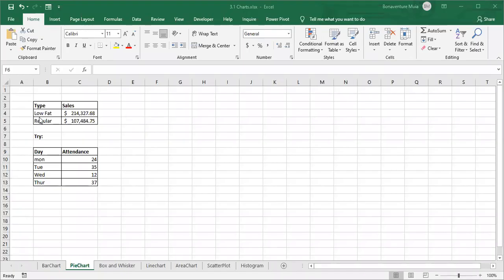So if you have categorical variables, you can use a pie chart. We have a small table here that is containing type and cells. We can create a pie from this table. So what we need to do is highlight the whole table,